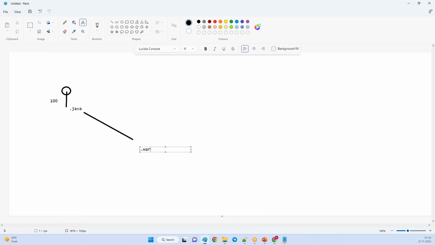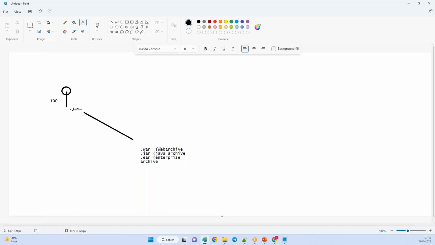It can be a .war file, a web archive, a .jar file, a Java archive, or an .ear file, an enterprise archive. So it can be three different categories, but the .java file itself is not the application.